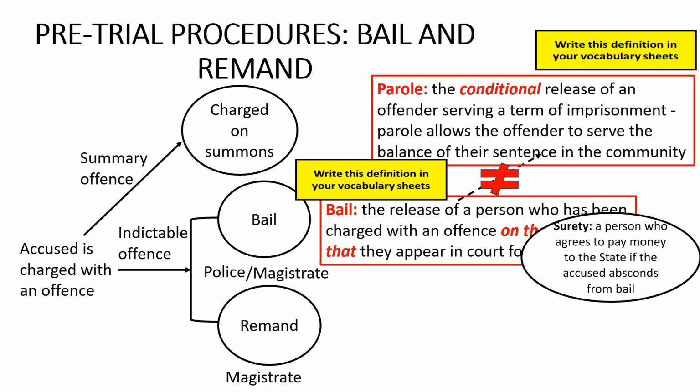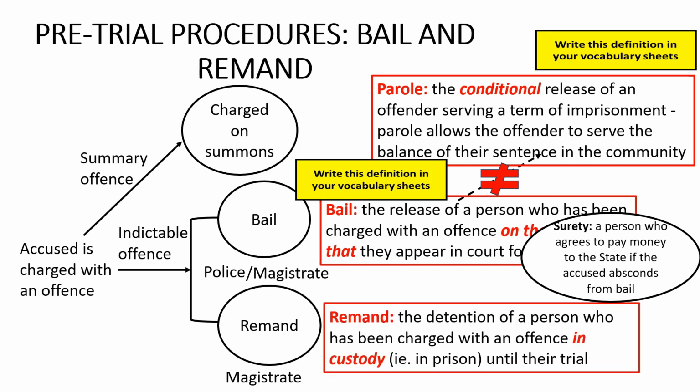As I've said, if an accused who has been charged with an indictable offence is not released on bail, then they will instead be held on remand by order of a magistrate. Remand is the detention of a person who has been charged with an offence in custody, that is, in prison until their trial. Look down the left-hand side of your vocabulary sheets, find the term remand and write this definition